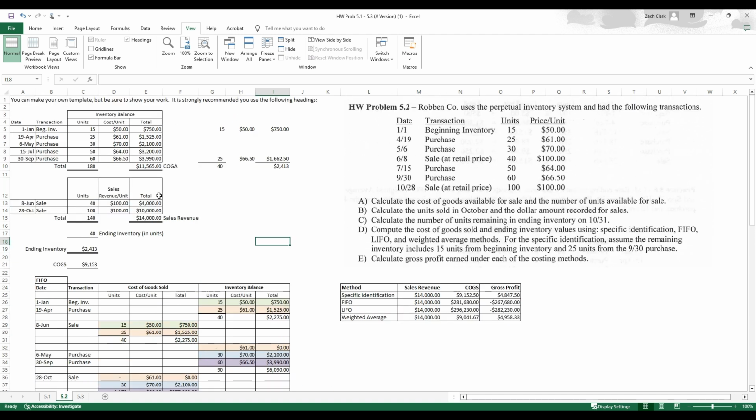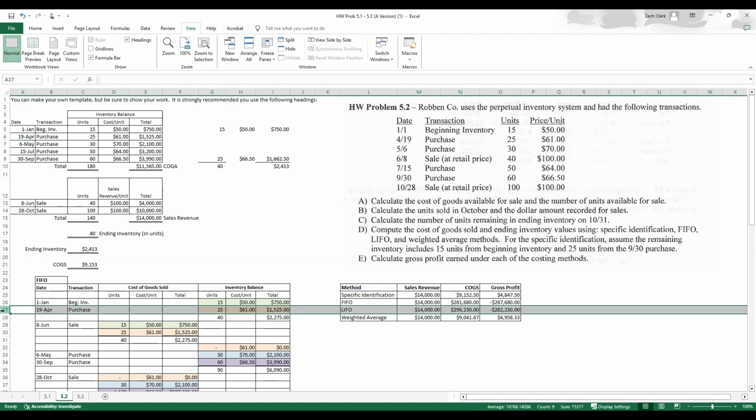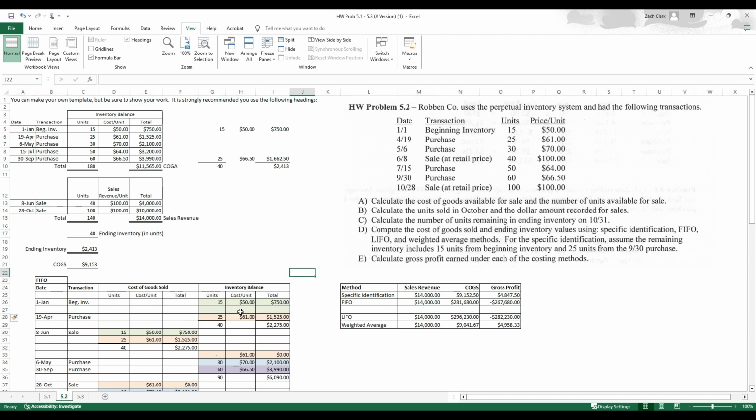Let's go through here and do our FIFO. Okay, so in FIFO, we have beginning, and then let's look at our timing here. So we have a beginning balance, a purchase in April, May, and then June. So the one thing we need to change here, I'm going to insert a row, is we've got our January